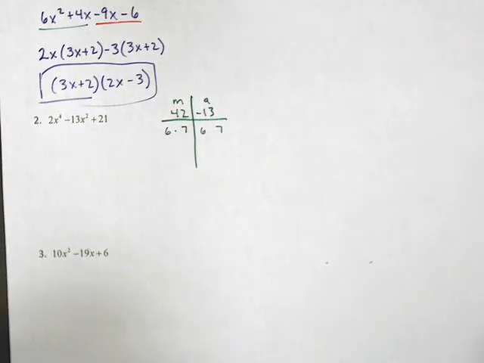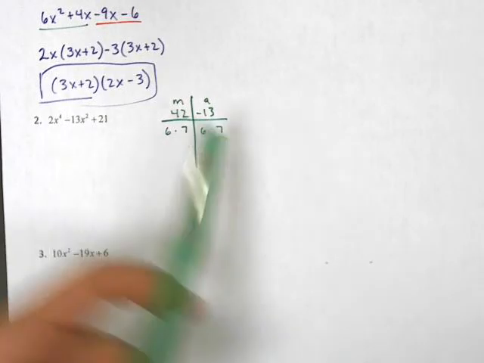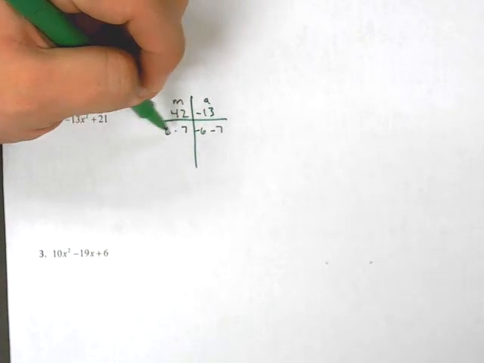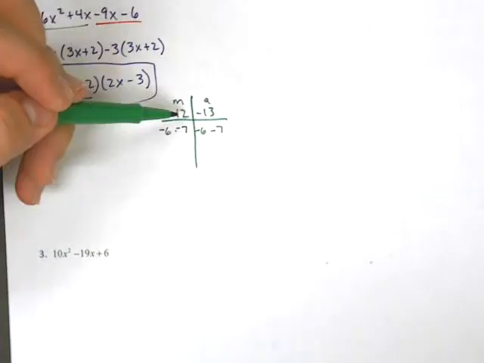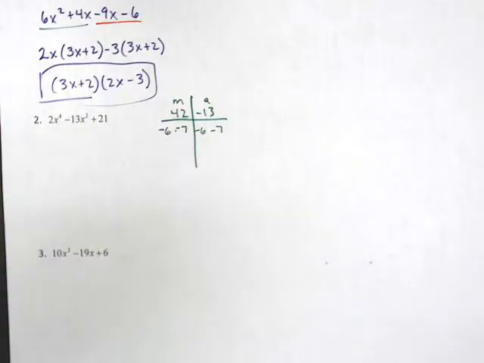Interesting. I need to get to negative 13 from 6 and 7. Let's make them both negative. And why do we know that they both have to be negative? Because they have to multiply to a positive. Okay, if we have to multiply to positive 42, then both numbers either have to be positive or both have